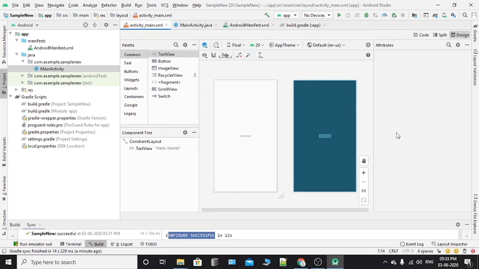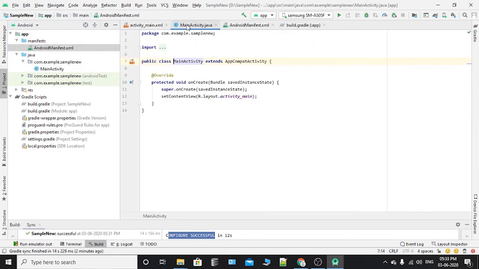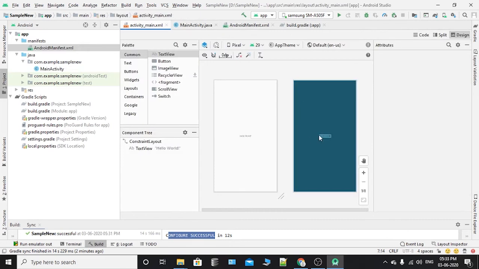Okay, currently my mobile is connected. This is a sample activity for Hello World, to display Hello World.